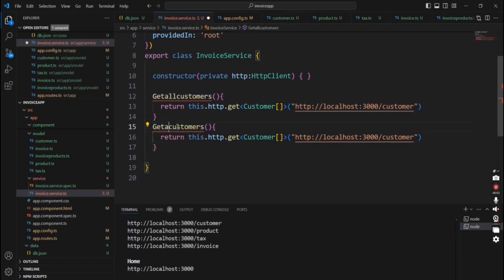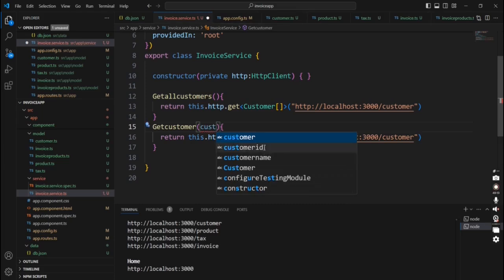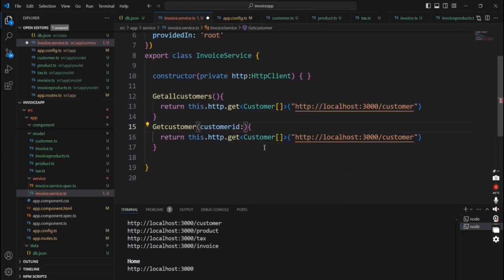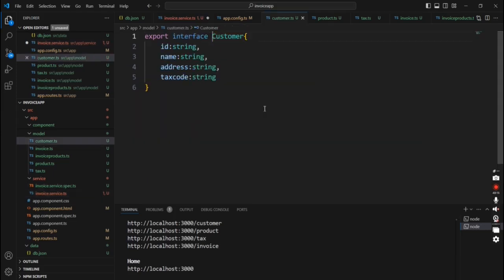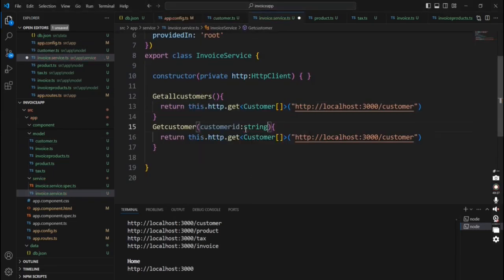So I'm writing another function, get customer. Here the customer ID is the input, and the data type is string only. Okay, string. And in this API URL we have to pass this customer ID. Okay,